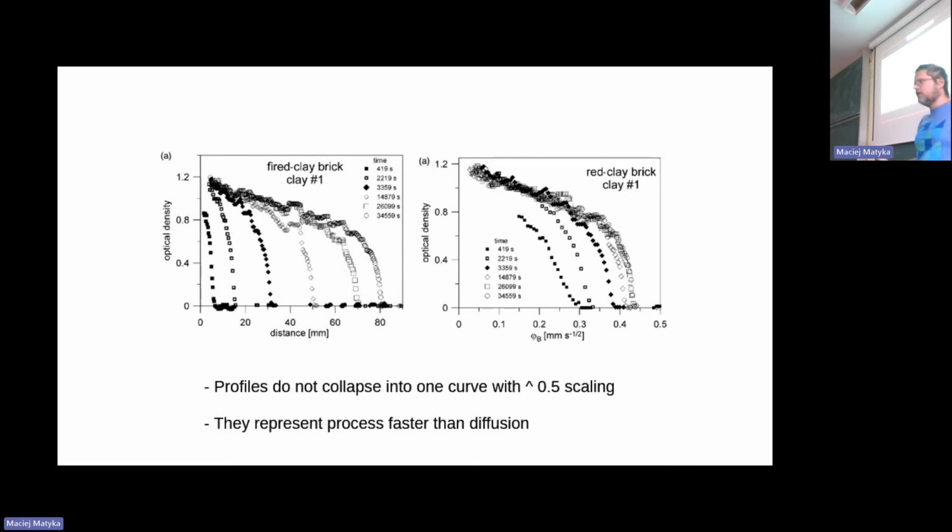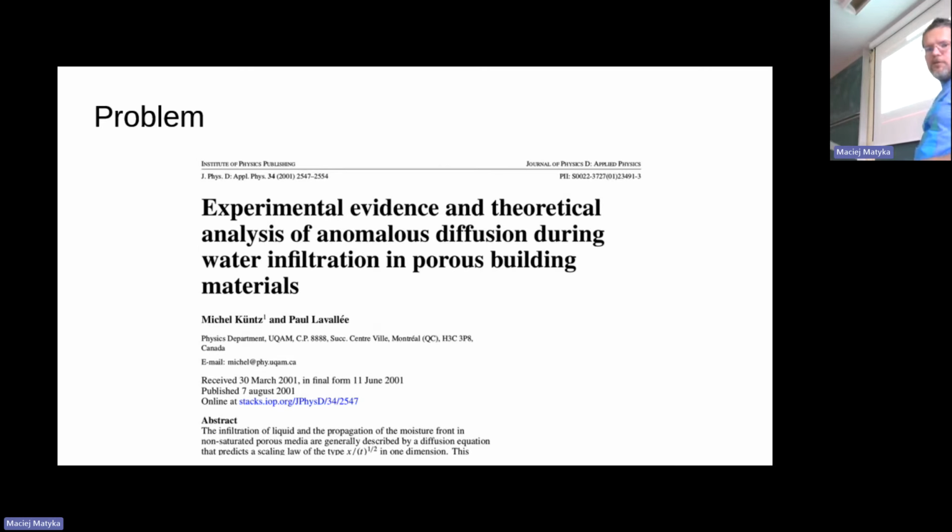People looking for that. People try to analyze systems in terms of anomalous diffusion, because usually diffusion, if that was the normal diffusion, all those curves would collapse into one if you scaled the distance. But here, this was not the case. So obviously, you could make it working with proper exponents here, that each of the curves has different exponent. But yeah,